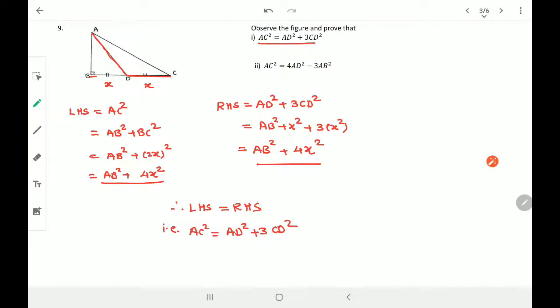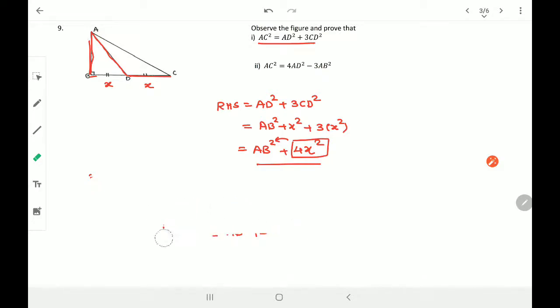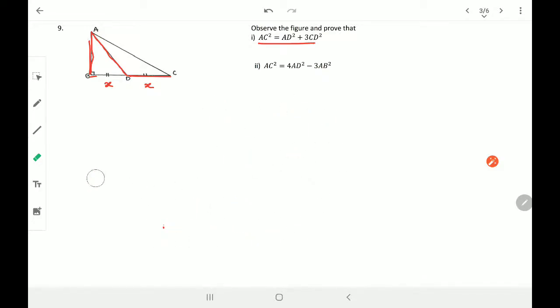Isn't it? Now here what you have learnt is that it's not necessary that everything is supposed to be in the form of X. It can be in some other value like AB as well. Okay, as AB was a common side in both the right angle triangles, I just kept that as it is, and I did not try to simplify it. The same process will continue for the next question as well, that is the second one. Okay, if you are understanding, solve it by yourself. Again I repeat, if you understand, solve it by yourself.